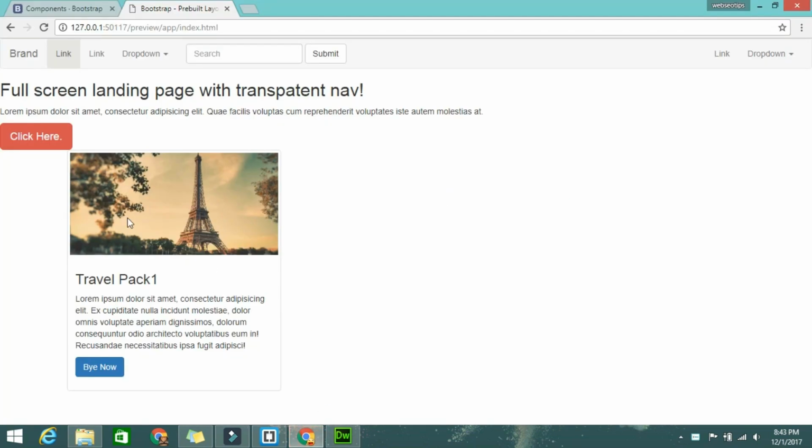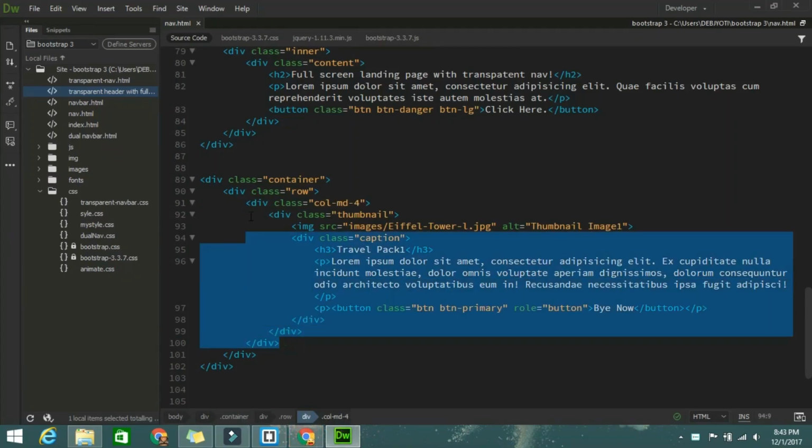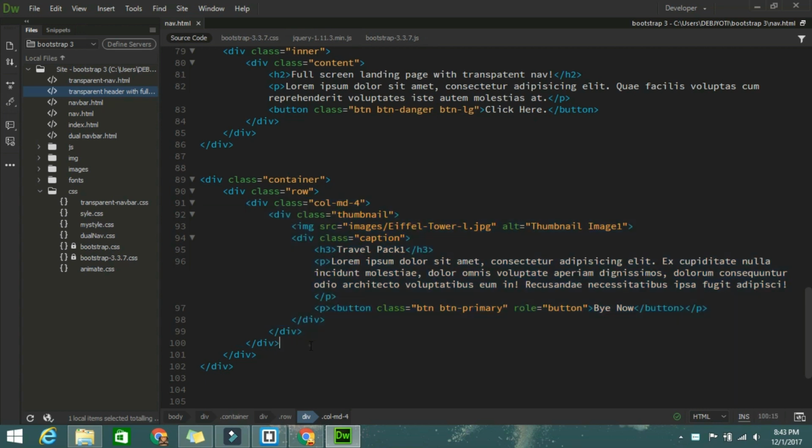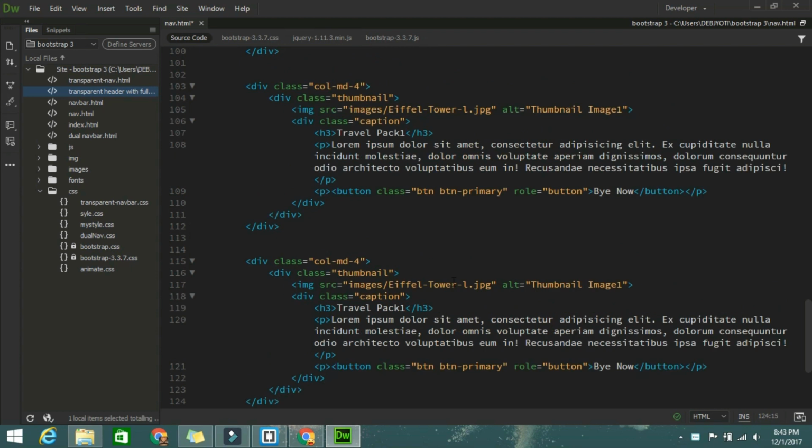Okay, it's coming a little bit. So I have to take another two thumbnails, so just copy till there. Okay, copy and paste it, and again paste it another time. So change that image,